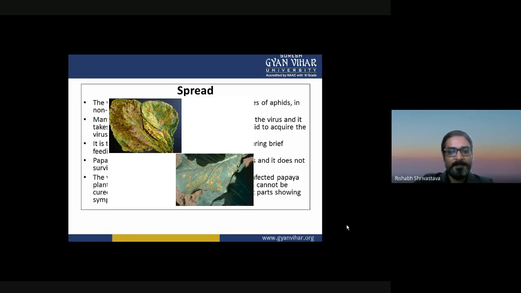Papaya ring spot virus is not spread by either insects and